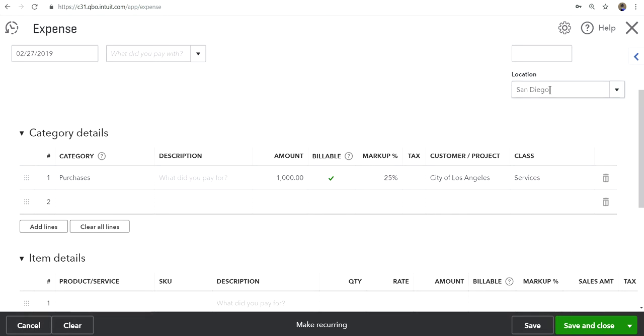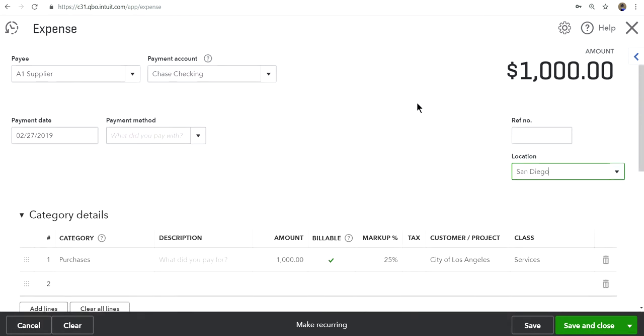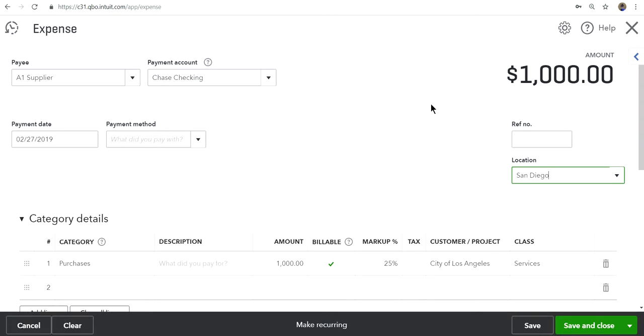And for my location, let's say you have several locations, I have an office in San Diego, and I want to bill this to my customer. I want to send an invoice to my customer, and I want to mark up 25% on this one. Okay, so once you save this,